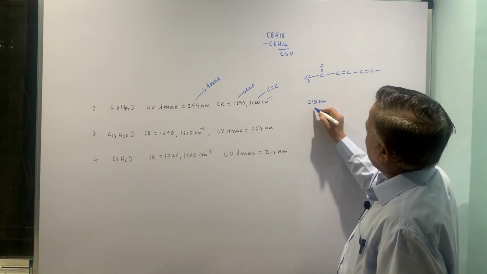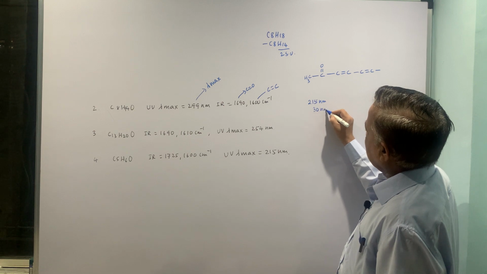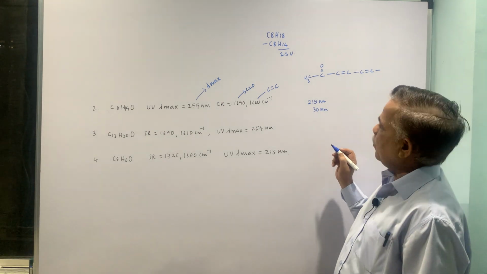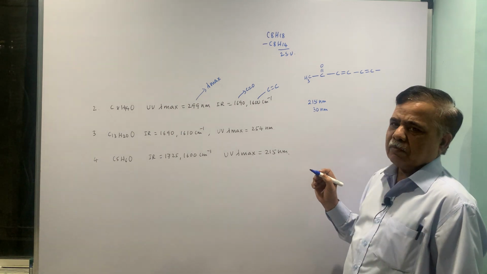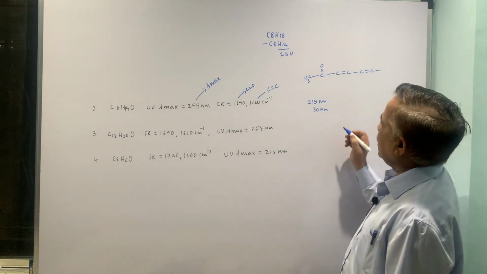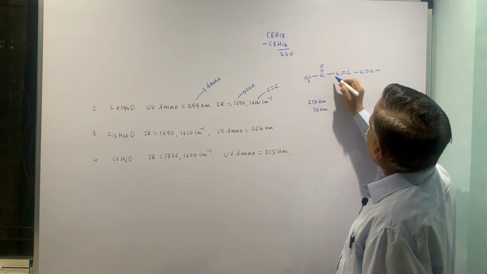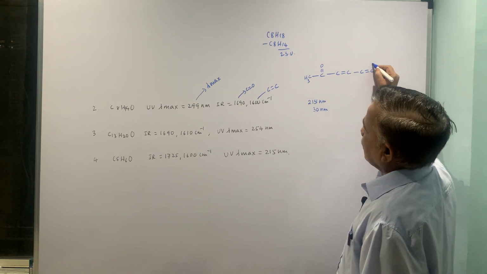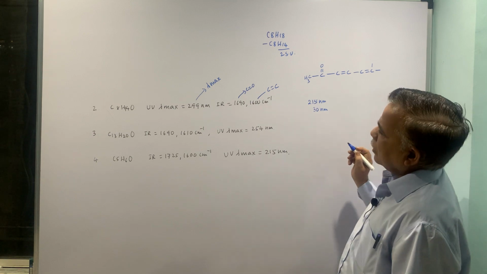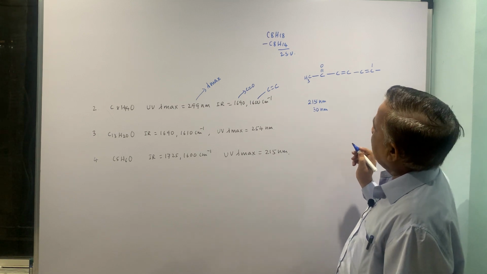One extra double bond in conjugation, that is 30. Okay, and now remaining you have to account from the 1, 2, 3, 4, 5, 6, and then 299